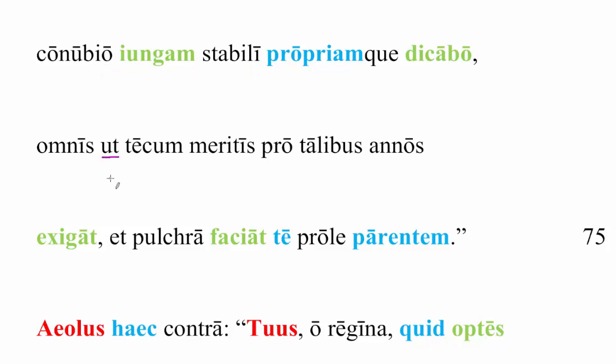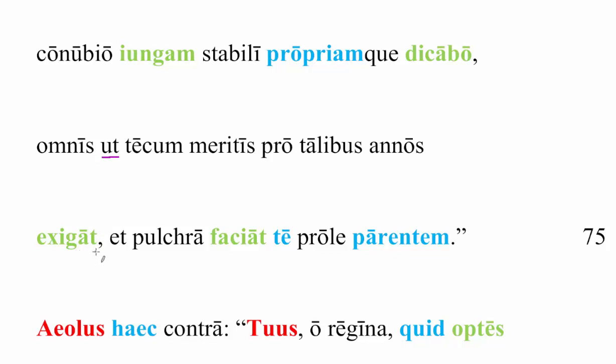Ut. We are entering a purpose clause here. Okay, we are entering a clause of purpose with the subjunctives, exigat and faciat. What is the purpose of making this arrangement? So that, and then we see that in this line there's nothing, there are no subjects or objects. So what is going on here? Well, we can start with exigat down here.